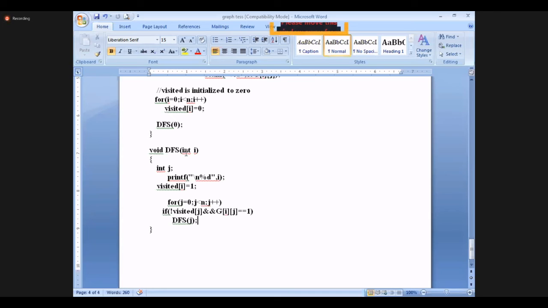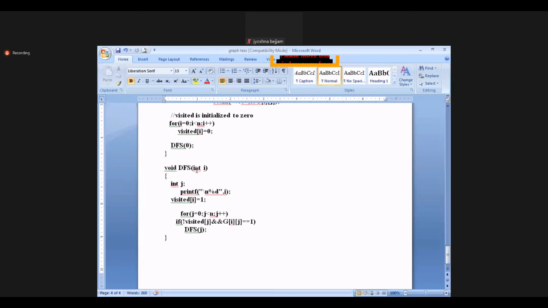If the connection is there, then we will go and check whether it is visited or not. If it is visited, we never go. If it is not visited, based on this if condition, we will immediately go to that particular one, and then we will mark visited of i is equal to 1, and we will print that particular node, and then again we will come to the